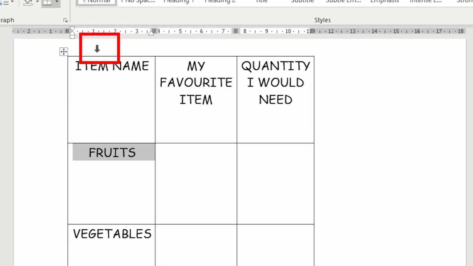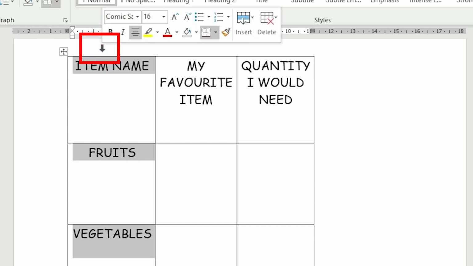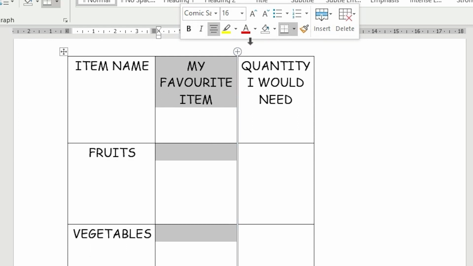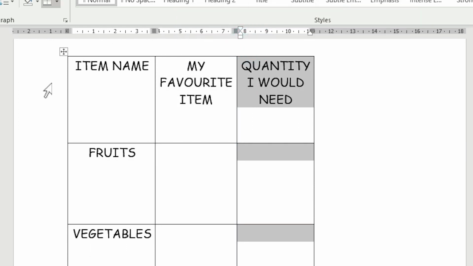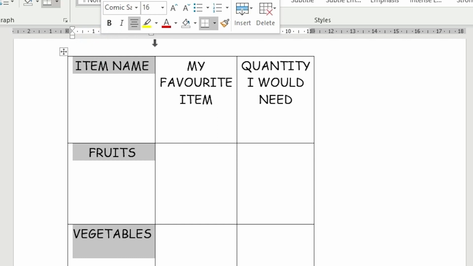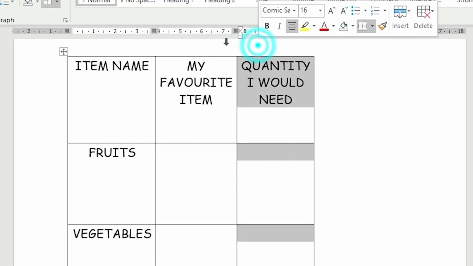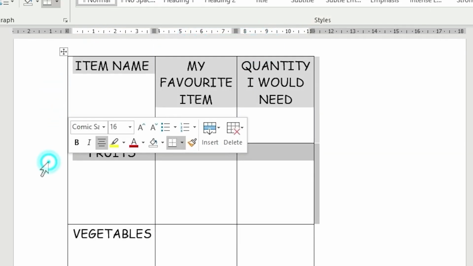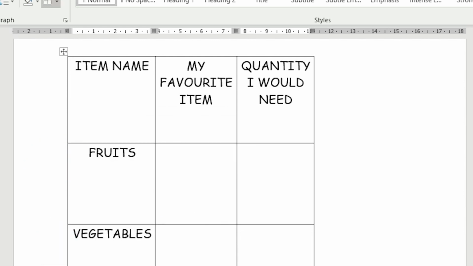You can see this black arrow on the top of my column. This means this is going to select the entire column. These black arrows, these are used to select one column at a time. And similarly here on the left side you will see a white arrow. This is used to select the entire row at a time. I'll repeat, to select the entire column we have black arrows, and to select the entire rows we have the white arrows. Right, children? So now I need a column before item name.